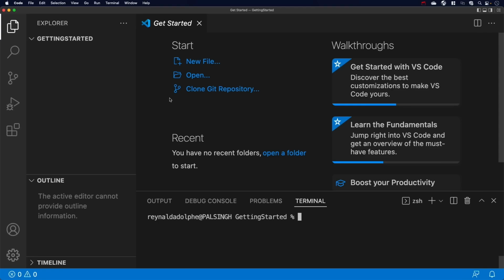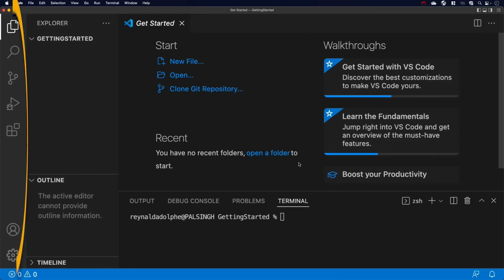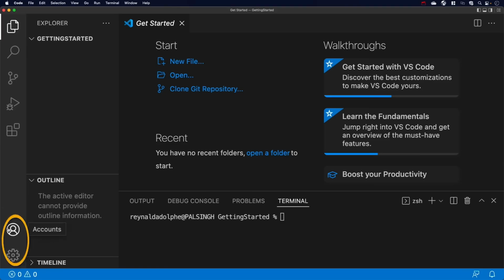Now that we've got a folder open, let's take a quick look at the editor so you know the purpose of some of these buttons and sections. On the far left is the activity bar, and the first icon is for the Explorer to see your folders and files. Below is a magnifying glass to search, find, and replace text in files across your whole workspace. Then there's source control to track changes in code with Git and GitHub. Next is run and debug to execute code and debug it using breakpoints. The extension marketplace to add additional features to our code editor,